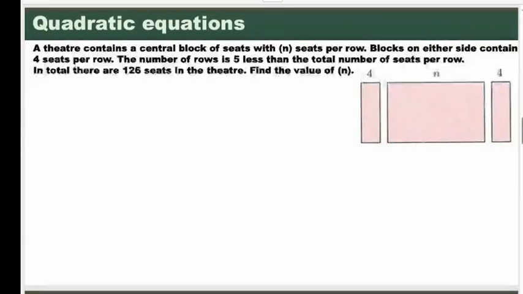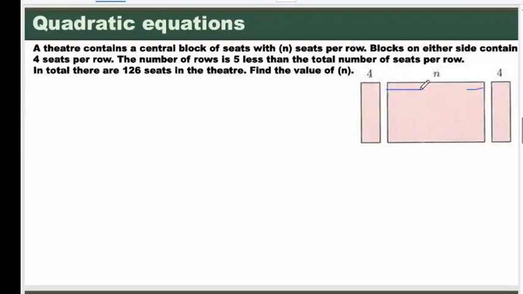Here it says a theater contains a central block of seats with n seats per row. Blocks on either side contain 4 seats per row. So I said to solve any word problems, we have to be careful to understand all the words and bring all the information that I have. It says for each row, I have